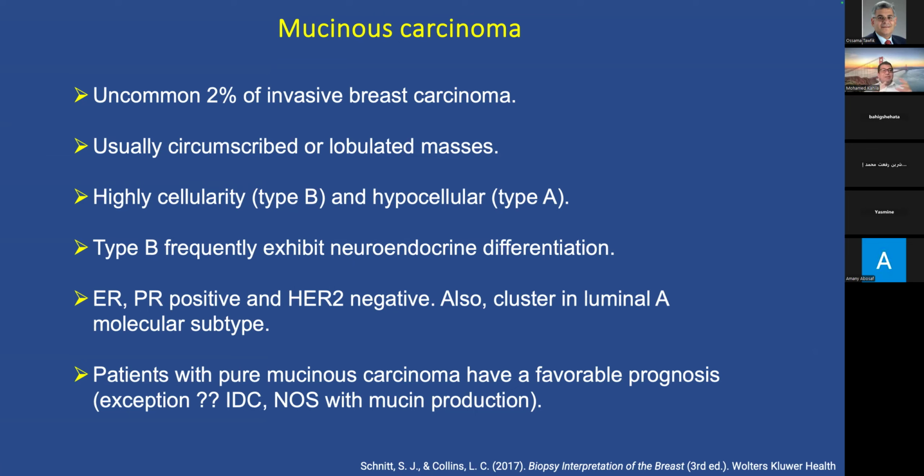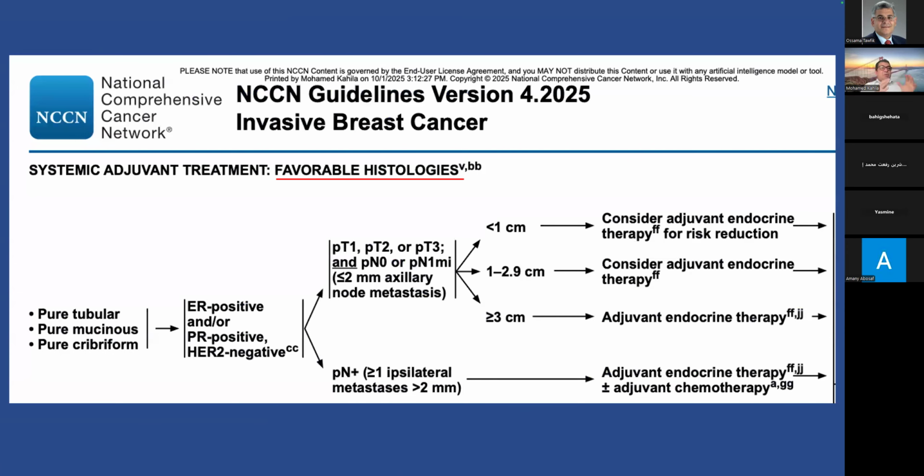Okay? Because I have seen cases when they come to us, they were called mucinous and they are poorly differentiated, or triple negative, or HER2 positive. Those are not mucinous carcinoma. And why is that important to differentiate? Because this is from the